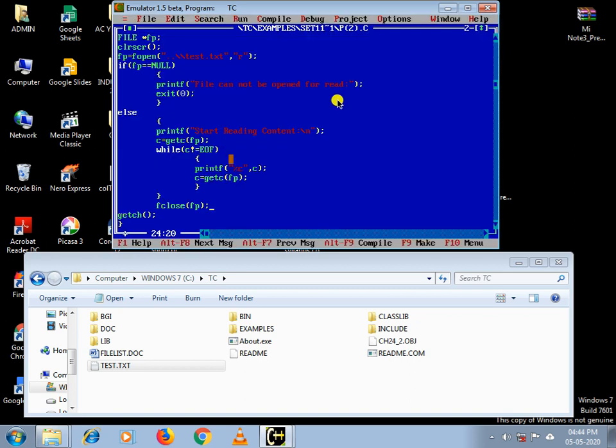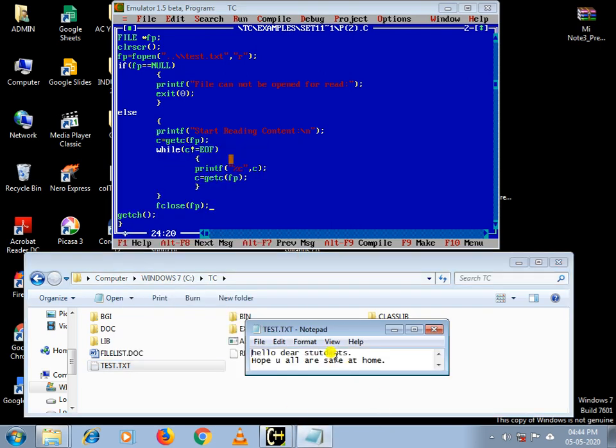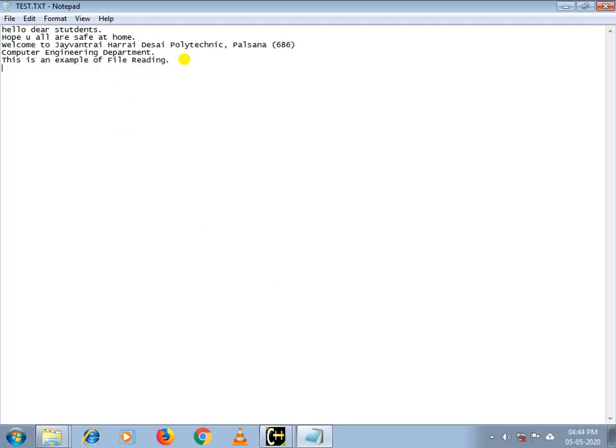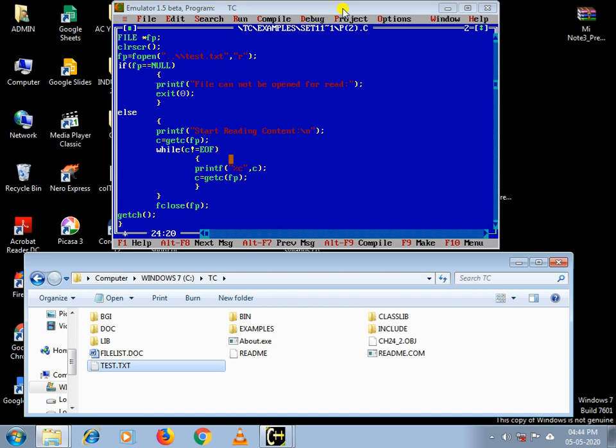I hope it is clear to all of you. Once again, I'm changing something in it for the sake of surety: 1 2 3 4 5 6 7 8 9 and 10. As you can see, your cursor should not go beyond the last character. That is considered the end of file character. Now I'm saving it and running my code once again.